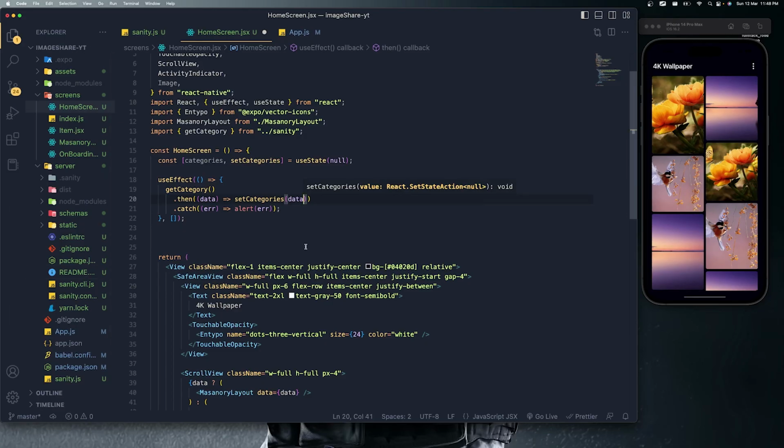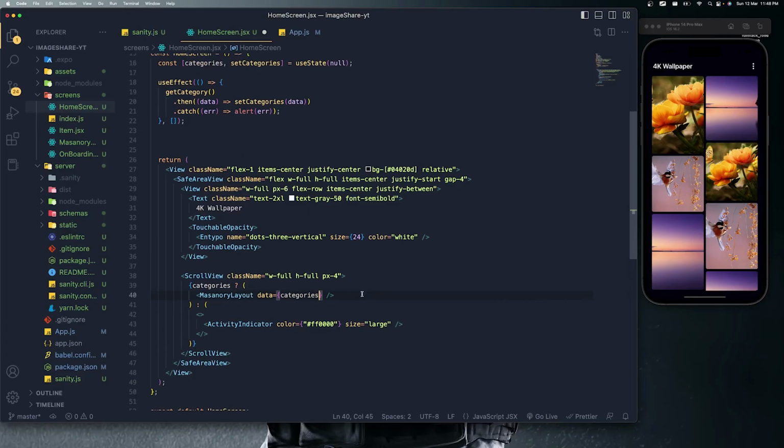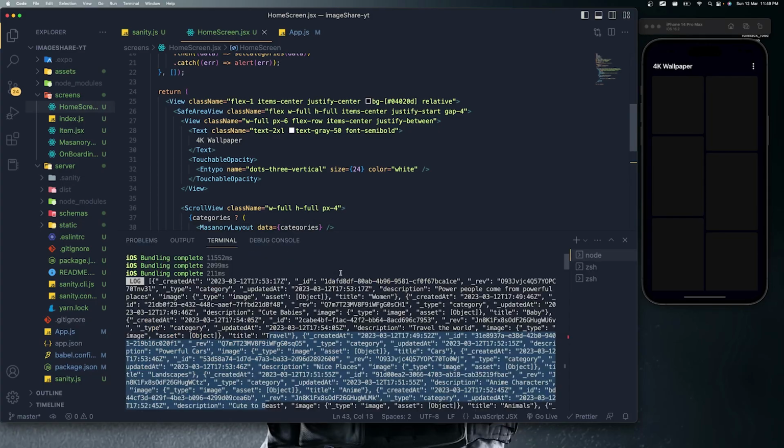Okay, so now what we need to do is update this data into categories, and instead of sending this data, I'm just going to say categories. Save the changes. So it's loading now. Okay, but it's not displaying the images. The reason is because we need to send, you can see,